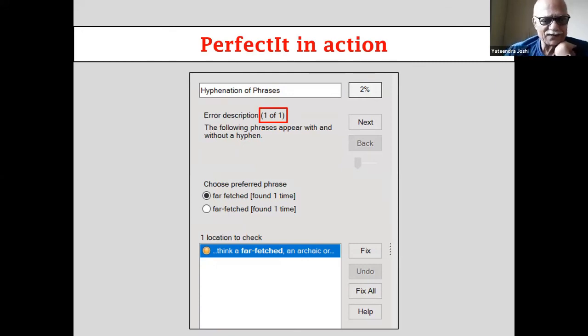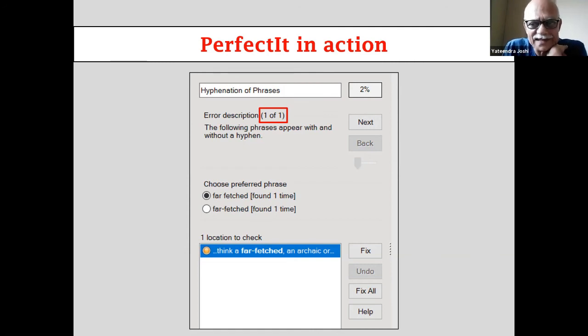So now it is up to you to decide whether you ask Perfected to fix it. So if you click on fix and it is suggested, because that radio button is chosen, as you can see, if you click fix at this point, it will remove the hyphen. If you want it the other way around, you can click the other radio button, far hyphen fetched, and then fix.